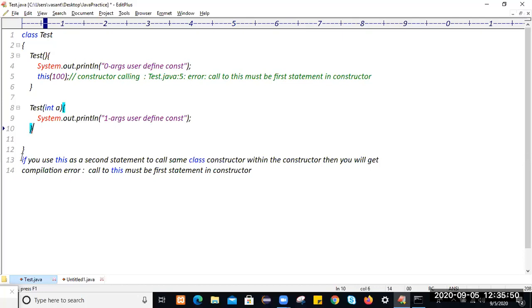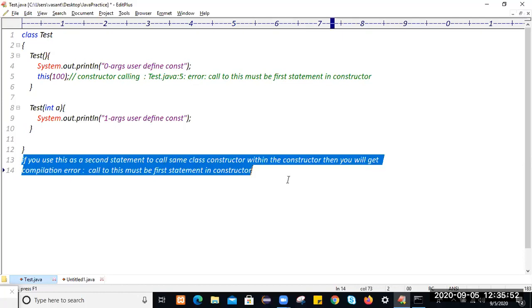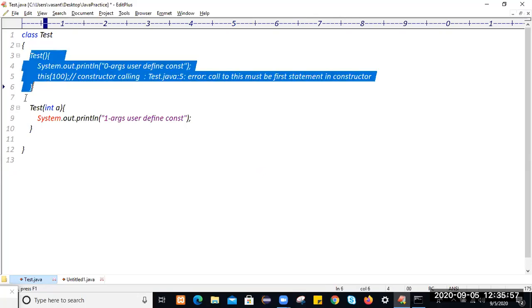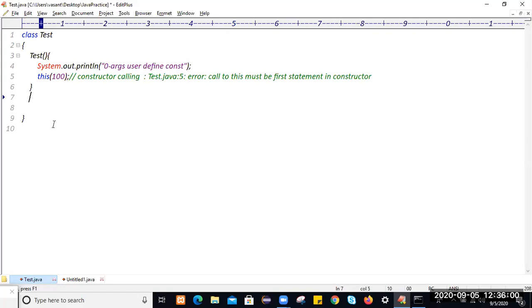One more thing, guys: constructor call must be from a constructor but not from a method. So this is like the zero-arg constructor, and this is the instance method. If you use a constructor calling statement as the first statement within the instance method, this is the constructor calling statement, but it is also not possible.